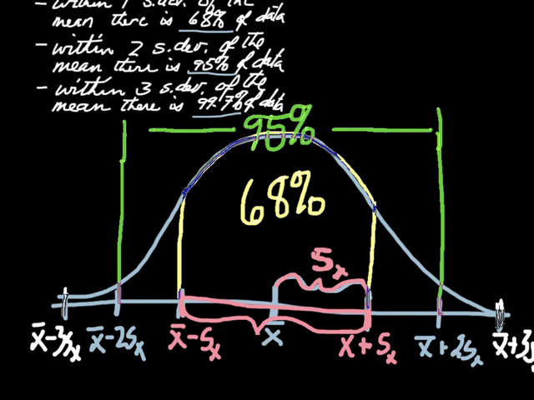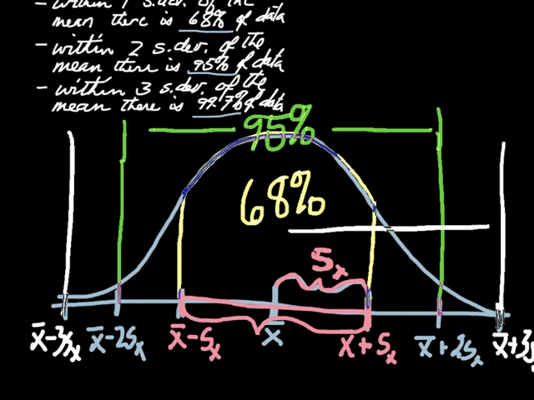Okay? And then finally, if you go to the white data, between the 2 white lines is approximately 99.7% of all data. And so these kind of overlap each other, so you have to visually be able to